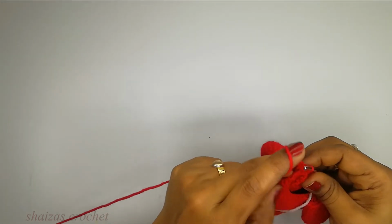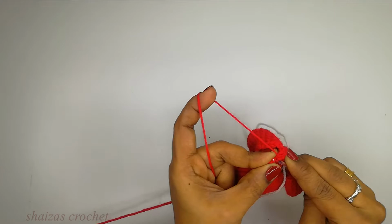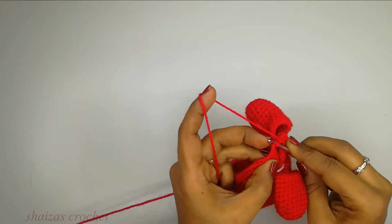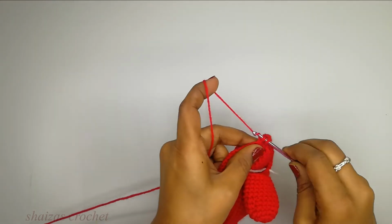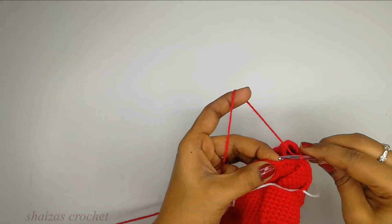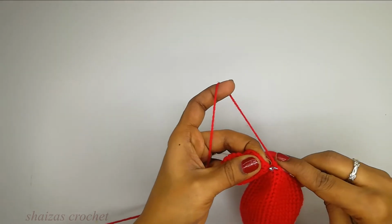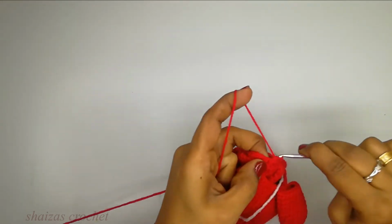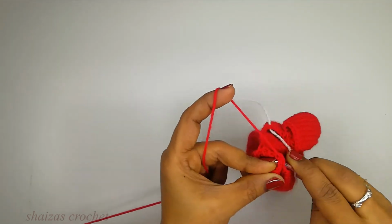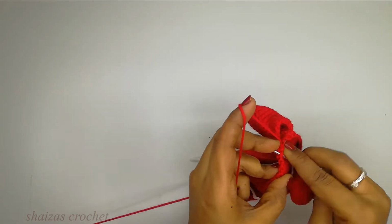into the next stitch, a decrease, insert the hook into the first loop and into the second loop and do a decrease. Now into the next stitch, one single crochet. Let's attach here one, into the second stitch 2, into the third stitch 3,